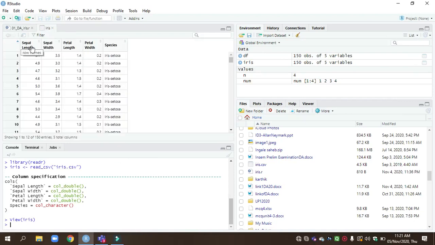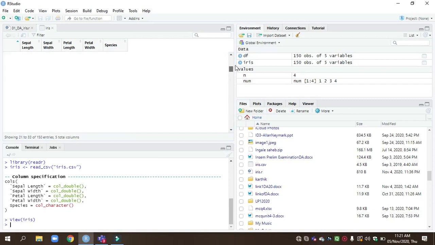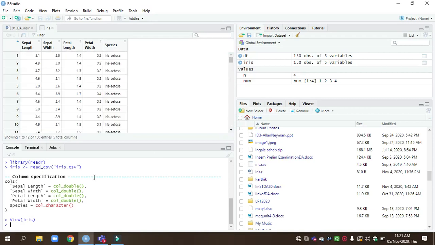So we get the 4 features, that is sepal length, sepal width, petal length, petal width and species. We get a total of 150 observations and 5 variables. So you will get the view of iris.